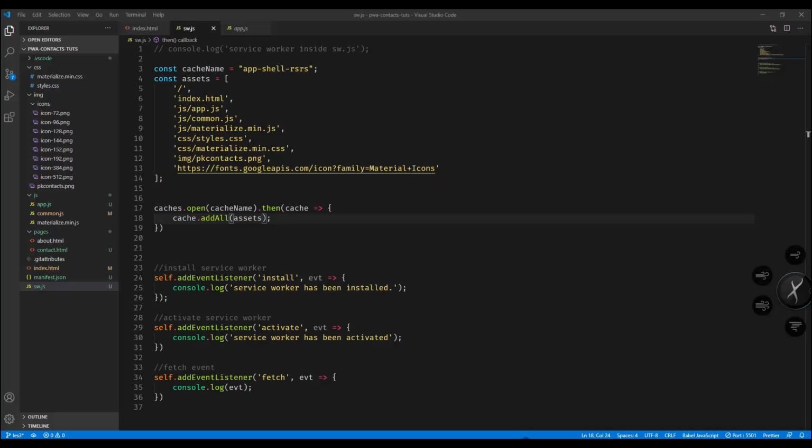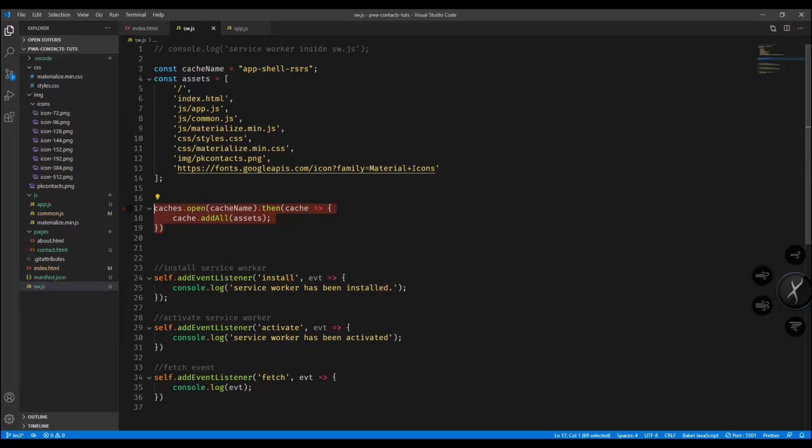So that's what we're trying to save by using these particular lines of code here, and then we're adding this into our cache. In the next tutorial, we will try to move this because currently we're adding this automatically, but what we want is to wait for the install event to finish, or call this install event first and then call this